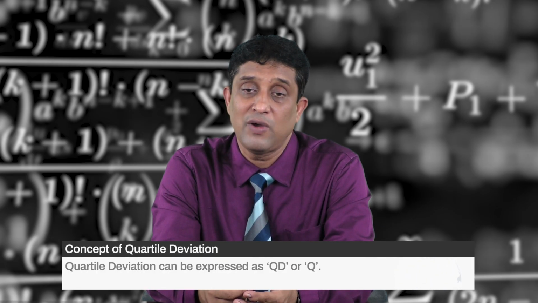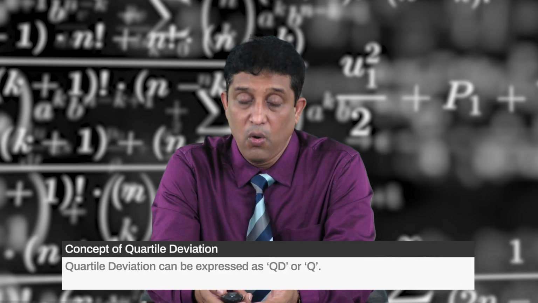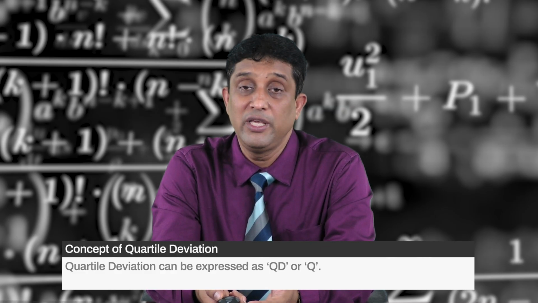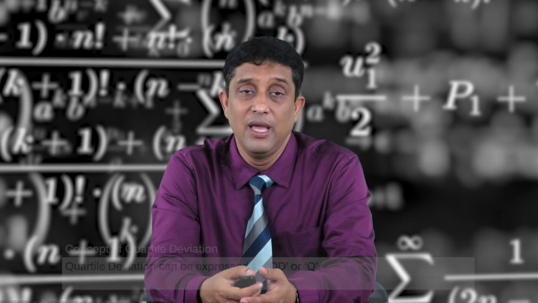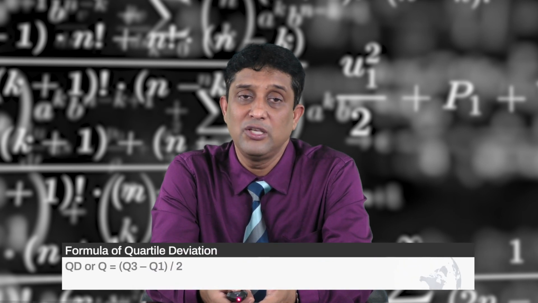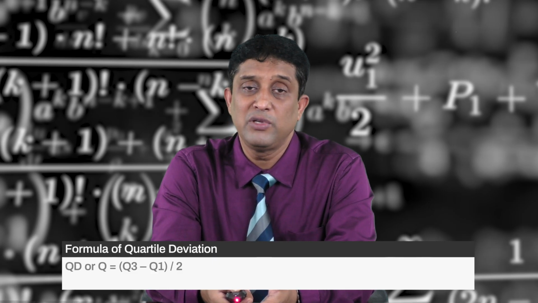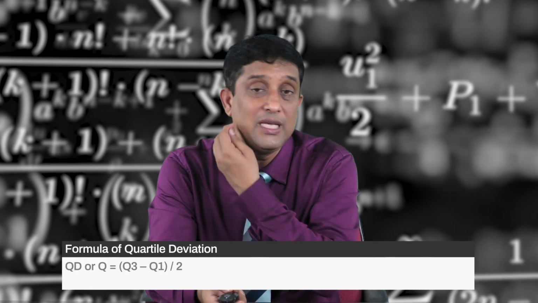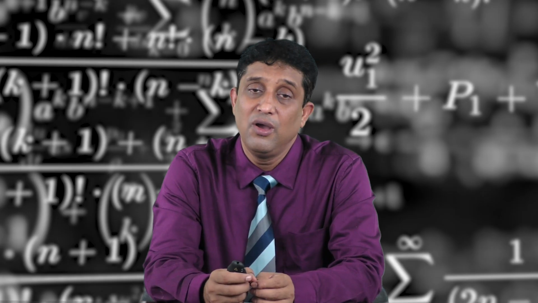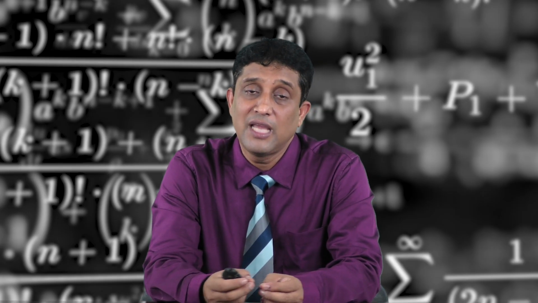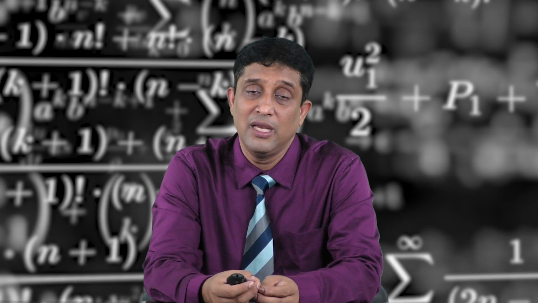And in symbol we can express quartile deviation as QD or in small q. So small q implies quartile deviation. This is the formula of quartile deviation, or simply you can use capital Q, like Q is equal to Q3 minus Q1 by 2. So this is third quartile minus first quartile divided by 2. So this is one half of the scale distance between third and first quartile, the scale distance between 75th and 25th